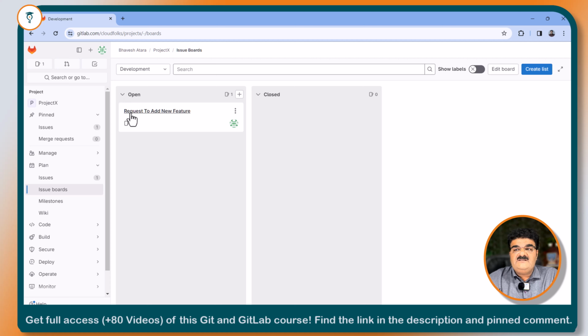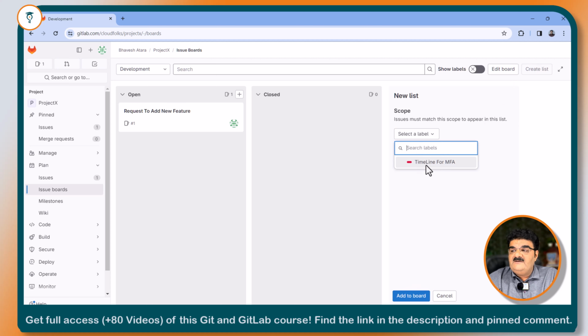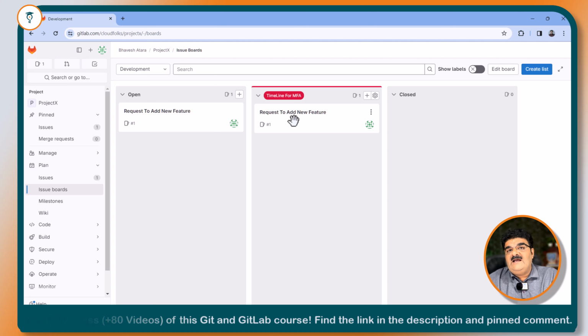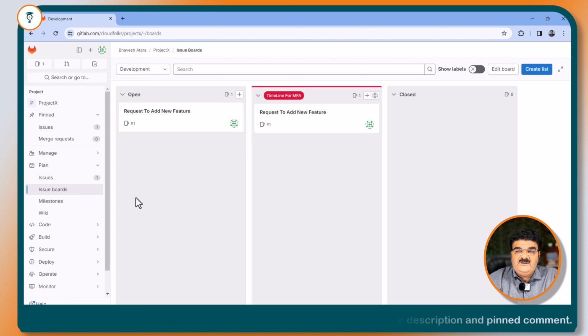Now let me go to this. If you look at this, here we have the open project. If you close this, it will automatically move to the closed project as well. If you want to create a new board list, you can. Let's say I'm going to say create list. Here I have to say timeline for MFA, and I'm going to add this as well. So now look at this. Here I'm getting this issue, a request to add a new feature, and it is right now in this particular timeline. If you want to move this to another timeline, you can move this, but you have to add a tag first. So what I'm doing right now, let's go to the